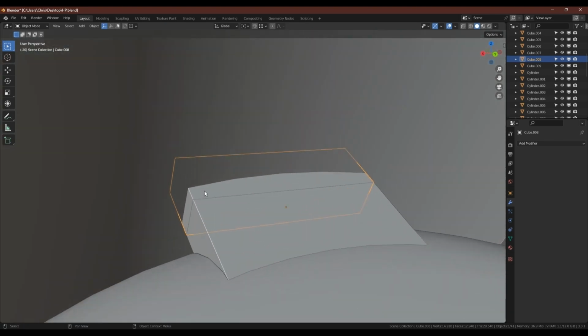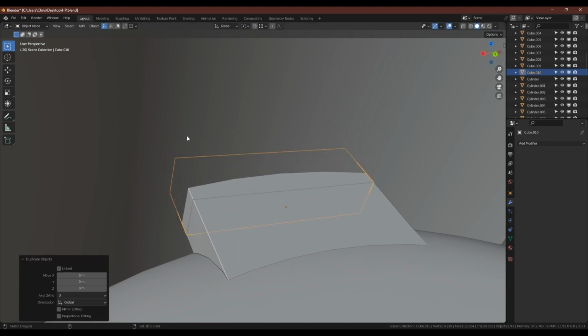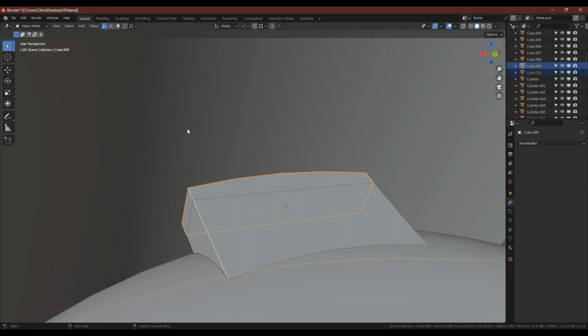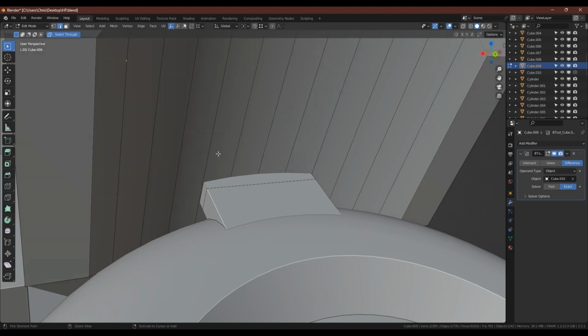With the other portion that's going into the gun, we're going to make a duplicate and scale that up slightly, and then we're going to use that as a cutter to cut a hole in the gun for the connecting part to extrude out from. We won't see that on the low poly, but doing it this way with the high poly, we'll be able to see the highlights that the bevel shader will catch around the